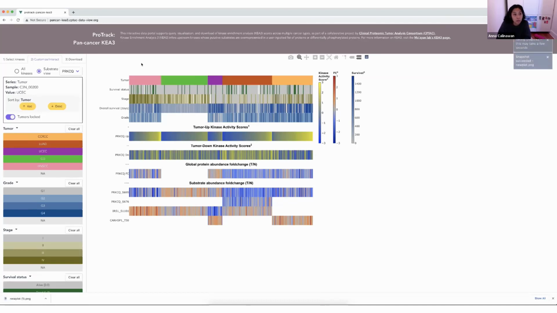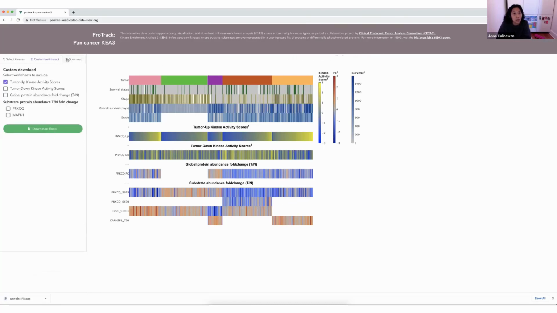And then if you are more computationally inclined and wanted to get some of this data for some sort of downstream computational analyses, you can do a custom download where you select which worksheets to include. So let's say I want the tumor up kinase activity score, the PRKCQ substrate protein abundance tumor normal fold change, and the global protein abundance fold change. You just click those, and then you will be able to download in Excel with those particular worksheets. And so I just want to show real quick, if I can get Excel to open,